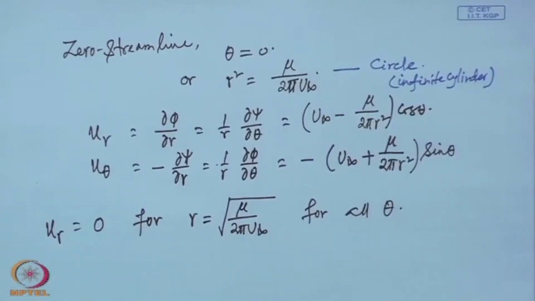Isn't it? That u r is 0 and u r is eventually the normal velocity. The radial component is normal to a circle. So, the normal component of velocity is 0 when r is this. So, on that circle, particularly that closed circle, the normal component of velocity is 0. So, it satisfies the boundary condition there, and that circle can be replaced by a solid body, and then